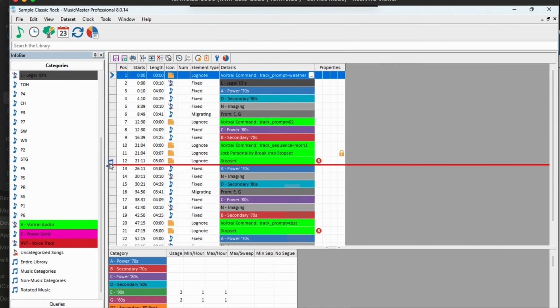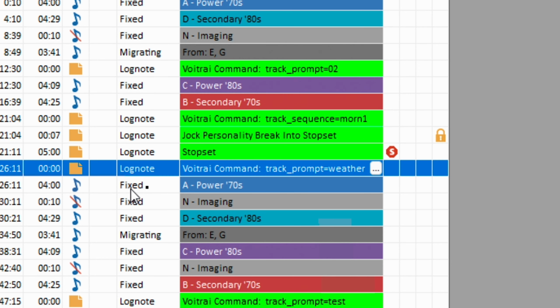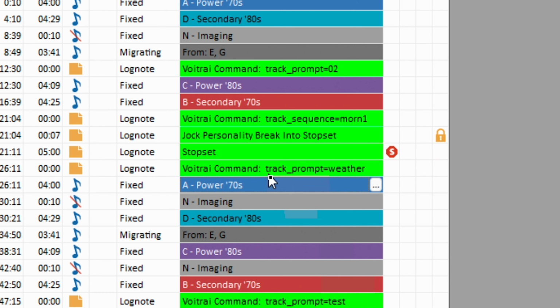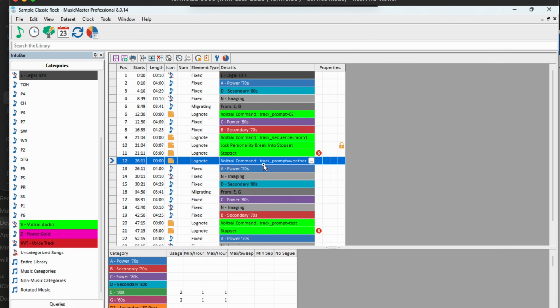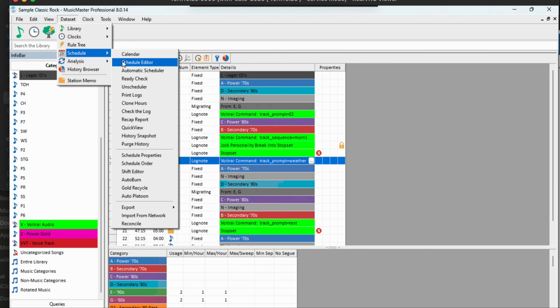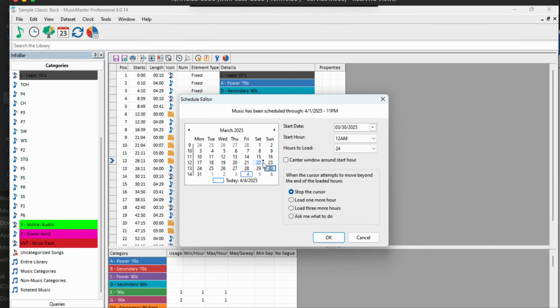So let's just say we want that to appear right after this stop set. Now what Voitrai is going to do is right at this point in the log, it is going to then insert the voice track right after this log note. So if we open up a recent schedule that was produced with voice tracks in it,